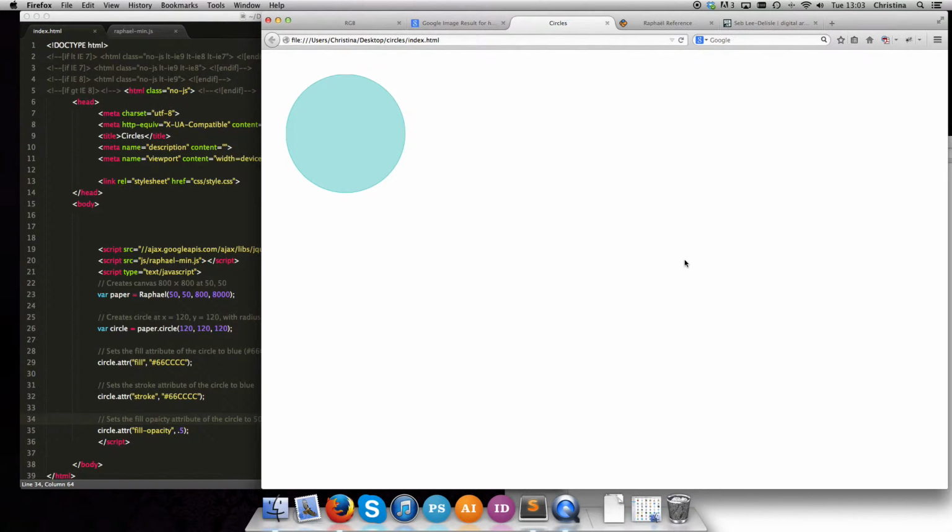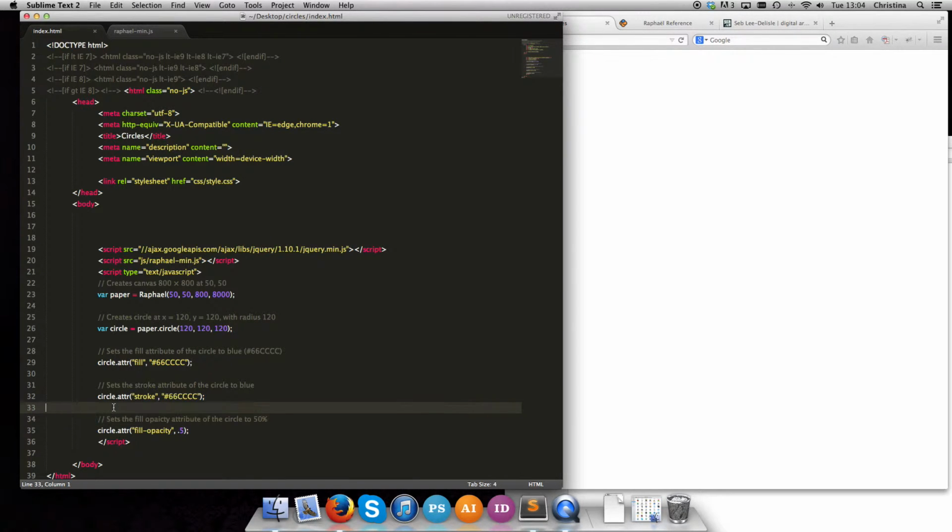Awesome. So I've got one circle. So now I want 3 circles. Now I've already played around and defined where I want them placed. So if you want to create a slightly different formation, you can play around yourself. But what I'm going to do here is, because I know I want 3 circles,